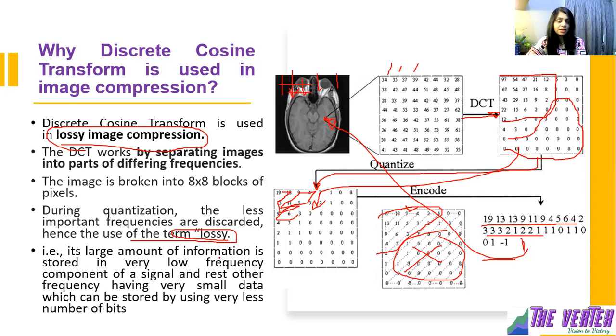A large amount of information is stored in the very low frequency components. You can see here this 8 by 8 block is represented by this sequence. That is, a large amount of information is stored in the very low frequency components of the signal, and the rest of the frequencies have very small data, which can be stored using very few bits. So this can be stored using far fewer bits as compared to this, and hence